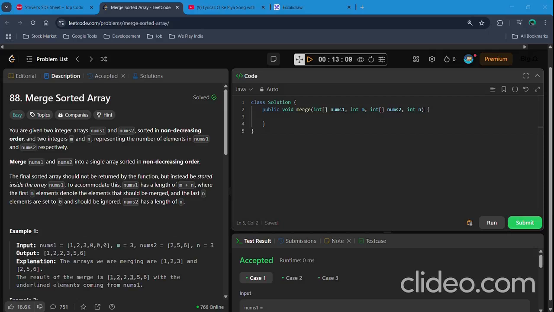We have a problem of sorting the array after merging two arrays into one. We are given two arrays, nums1 and nums2, and nums1 has a total of m plus n elements. In the first m elements there are elements in sorted order, and after that there are no elements, like there